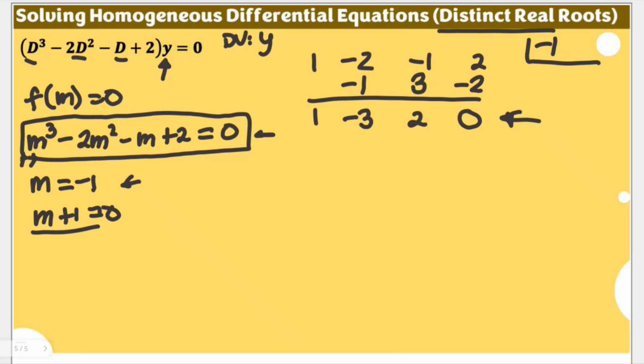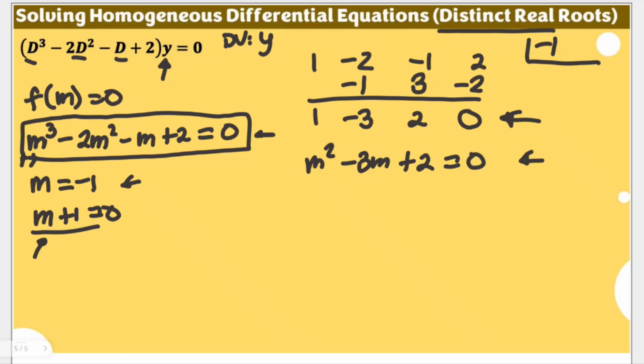Hence, after dividing the auxiliary equation by m plus 1, our next form of equation is m squared minus 3m plus 2 equal to 0. Now, you can always use another trial, of course, synthetic division, but since it is a quadratic equation, you can always solve for the roots using the quadratic formula, or